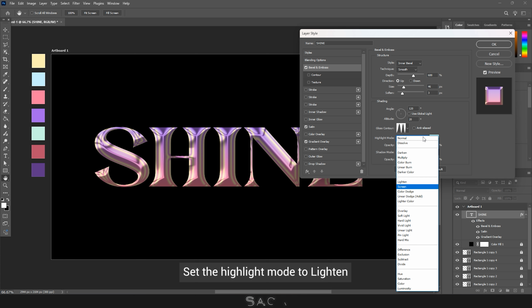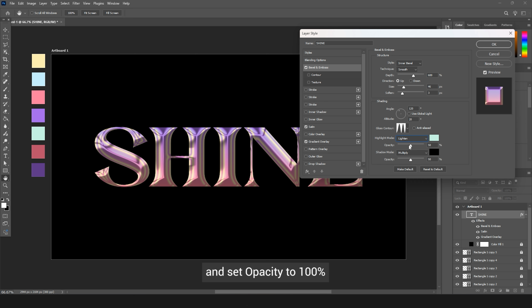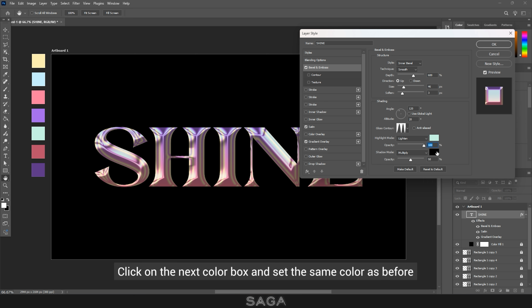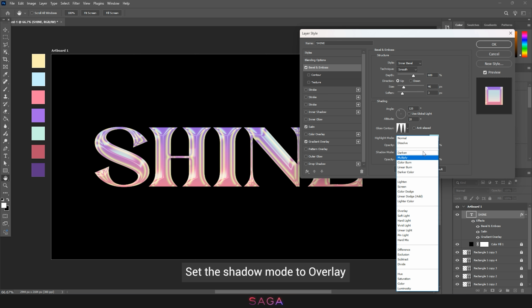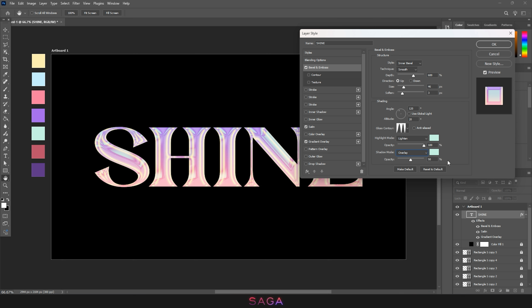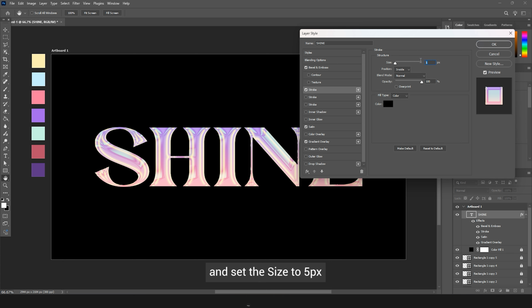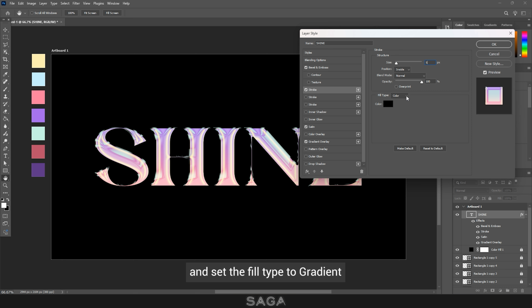Set the highlight mode to lighten and set opacity to 100%. Click on the next color box and set the same color as before. Set the shadow mode to overlay and set opacity to 50%. Do keep in mind that if you use a different font or different font size, you might need to tweak the settings accordingly. Now click on Stroke and set the size to 5 pixels and set the fill type to